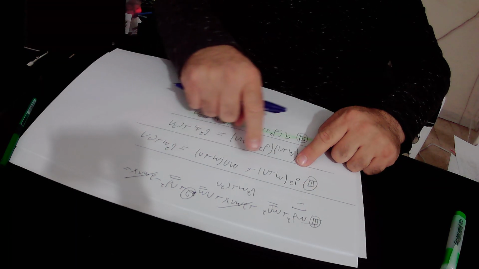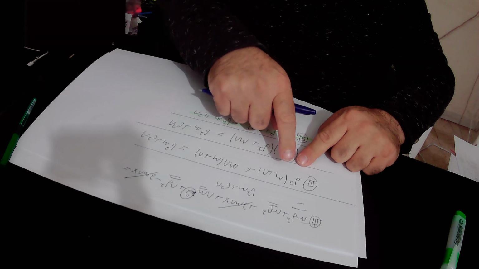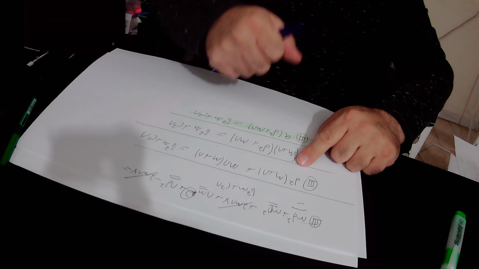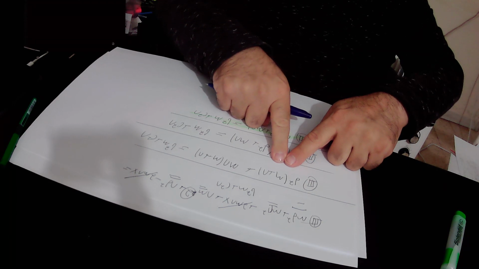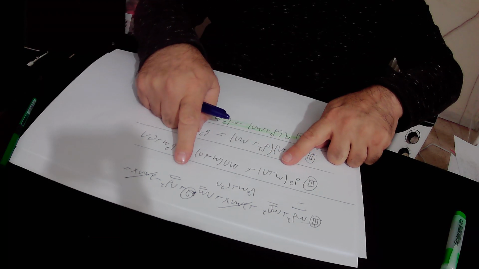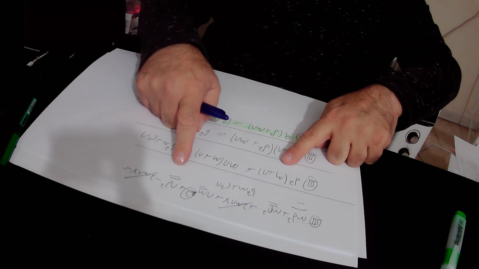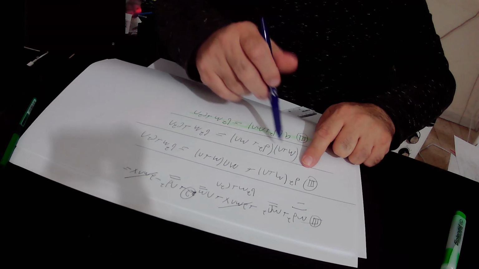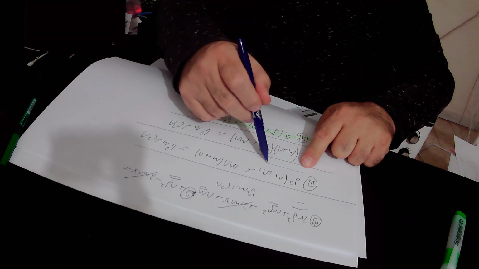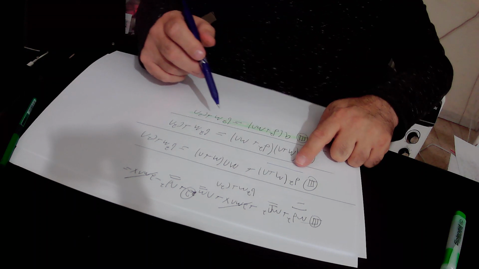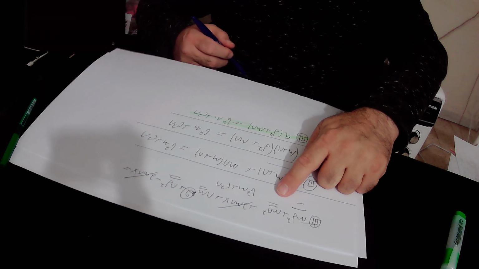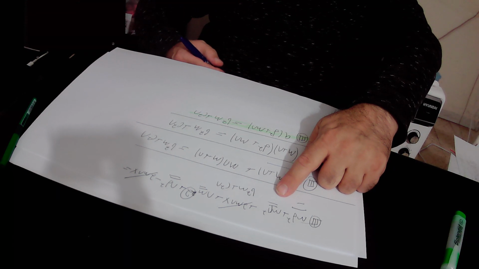What is left from md squared is m, and what is left from nd squared is n. So in conclusion, we found out that d squared times m plus n equals